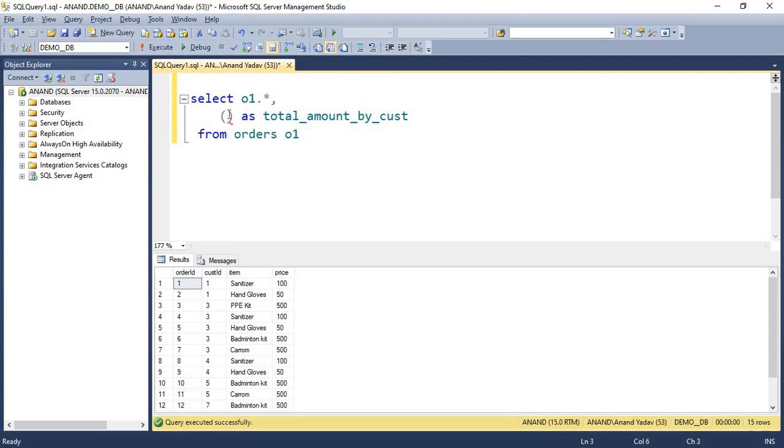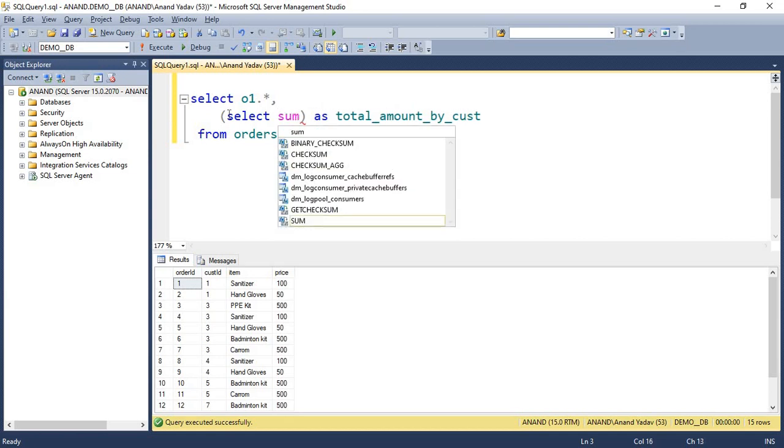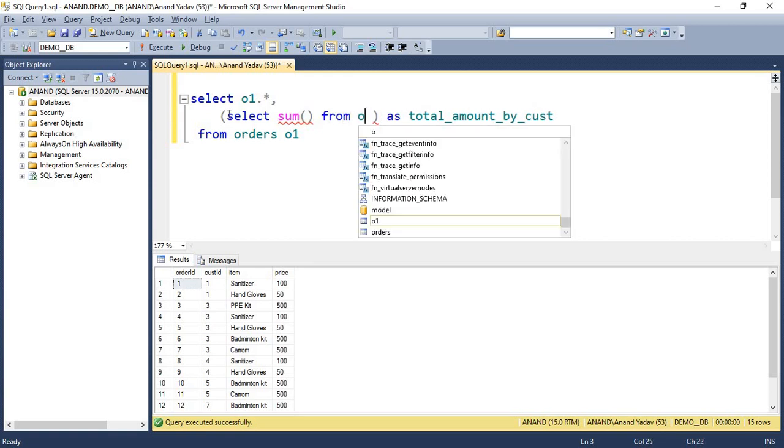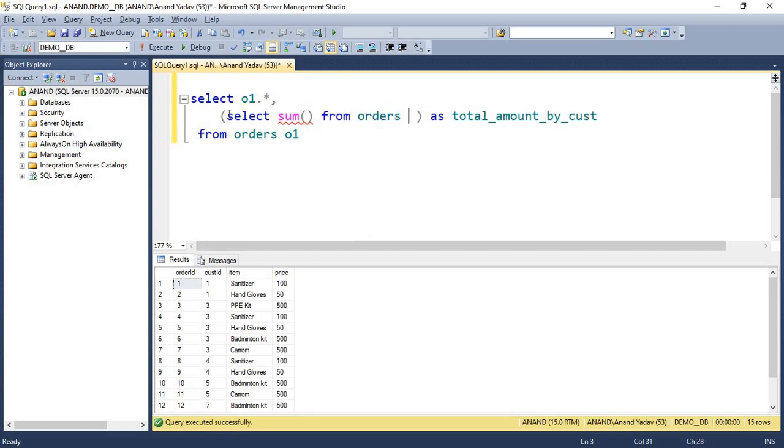Here we write a subquery in a select statement. Our subquery will be something like this: we want to find out the total price spent by the customer. Before that, I just write down the name of the table, orders, and give it the alias name O2. Then I write the price column.